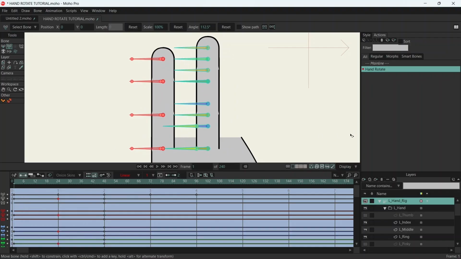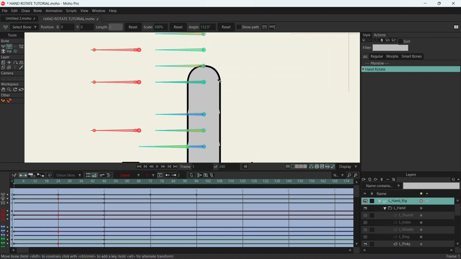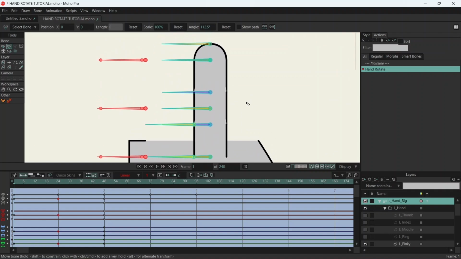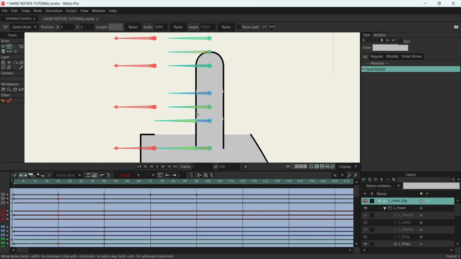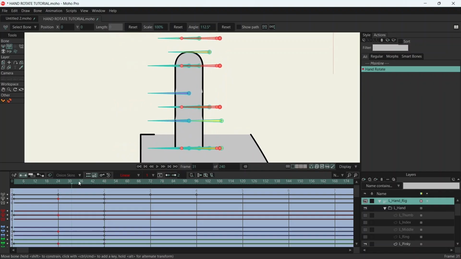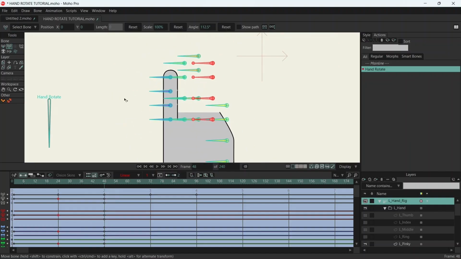So we got the index finger all the way on that side. And let's just turn off some of these. Let's turn off index as well. Ring. So your pinky is going to be all the way on this side. Just try to figure out. So maybe another way where you can do this is to go back on one of these, because